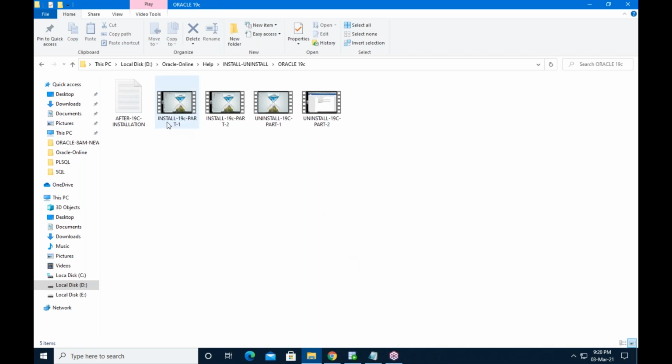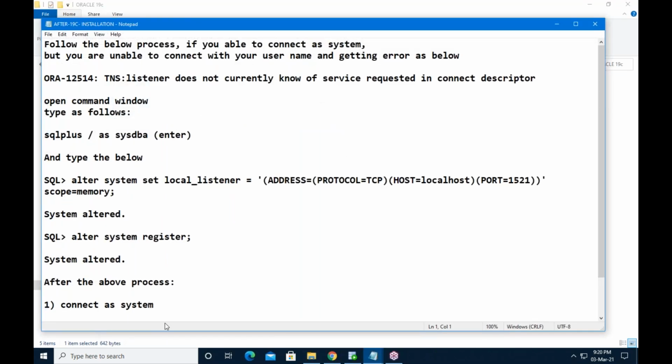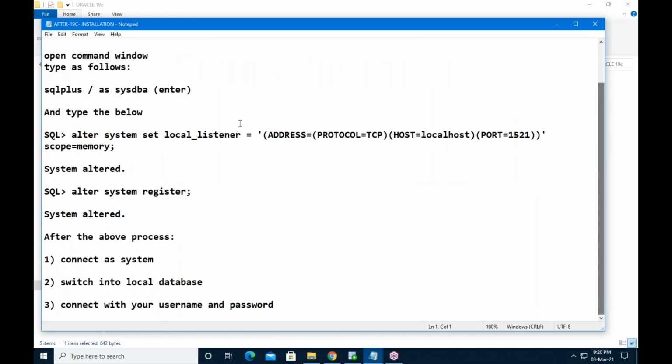See, installation part 1, installation part 2, and after that uninstall 19C, how to uninstall part 1, how to uninstall part 2. After installation, we should follow these steps.